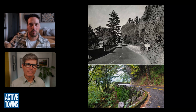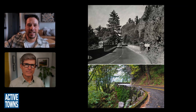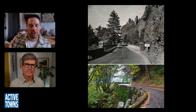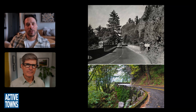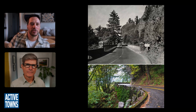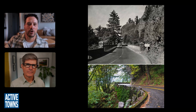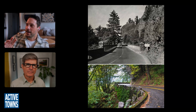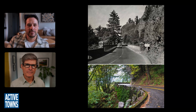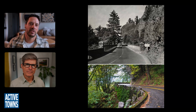And then they started playing with markings and they started playing with colors. I think the original center line experiment was in a different state, like 1911. They added color to make it yellow. It wasn't formalized in any design guidelines until the 1930s. Even the conventions of dashed lines and solid lines didn't start to get formalized until the 50s. So this level of ideas, experimentation, trial, learning, sharing, has been a part of this industry since